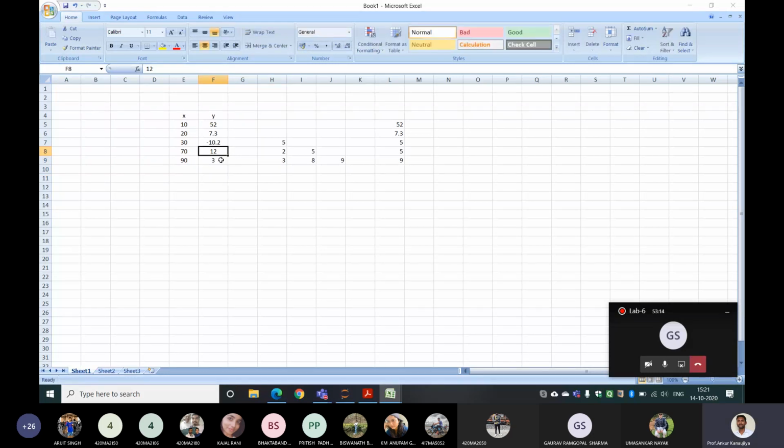Then 2 will come here, and 5 will come here. That means this whole column will be placed here, and this column is also not required. Again, we'll calculate with the help of this, which is already present. We'll calculate these two values, 5 and 8, and replace here from the backward direction. That means the last value is replaced first, then we get 5 8, and with the help of 5 8 we get 9. We'll replace that here.